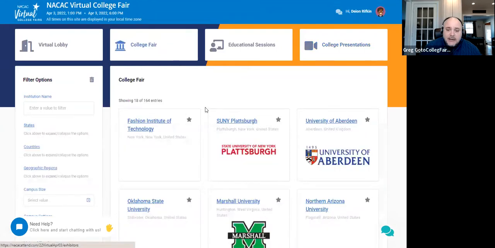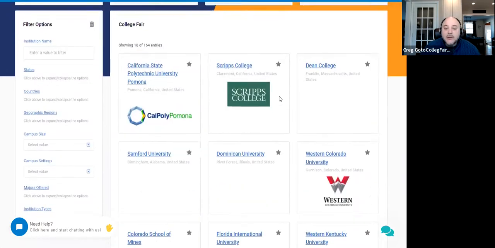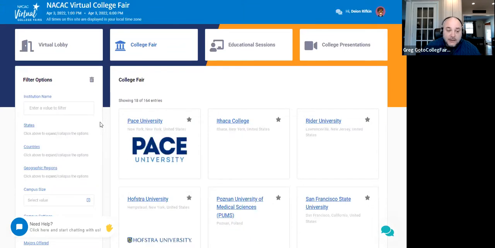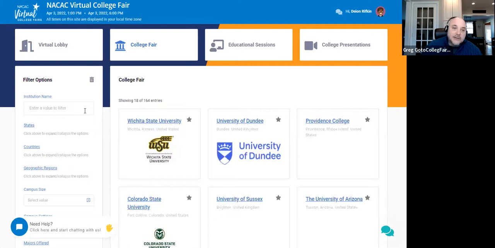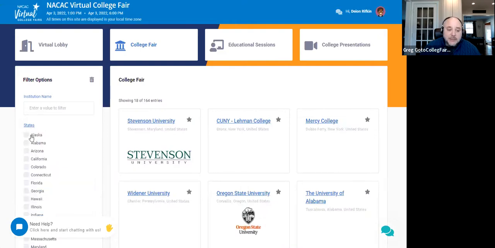The other major way to connect with you is to find you in the college fair. This is essentially the big open gymnasium, the exhibit floor, whatever you might want to call it for your reference. And this is where the students are going to look for you. There's multiple ways they can do that. If they know that they want to go to your school, they can search for you here. There is a matchmaking roadmap, which we'll talk more about as we get to that, another way for them to find you. They can search by state.